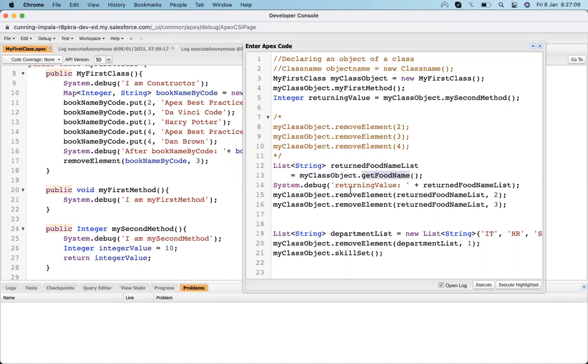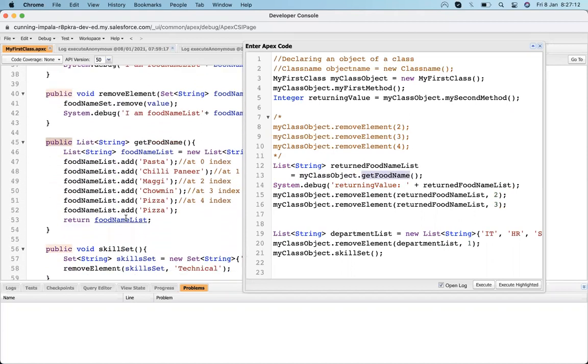We are accessing get food name from here. Suppose I make it private and save it. So its scope will change and it cannot be called from outside the class.